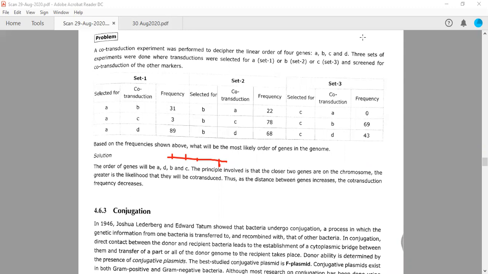Oh, you got it. So each time, with the experimental data, you need to record the phenotype of those bacterial cells which are showing both genes, I mean, showing the expression of different genes. Depending upon this phenotype, you will count the number of cells and record the number of genes showing co-transduction, okay? Then depending upon this frequency data, you will find the gene order and the distance between the different genes.